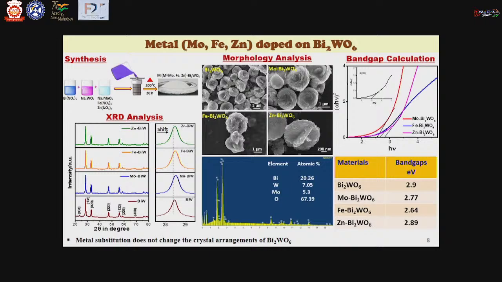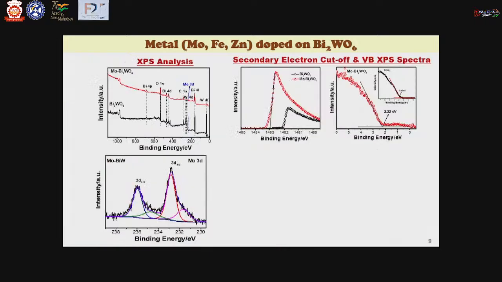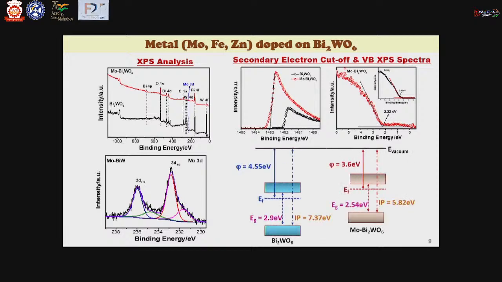We further confirmed the doping through XPS analysis, where we got the molybdenum characteristic peaks, and we confirmed that molybdenum remains in the 6+ state, that means molybdenum is partially doped at the tungsten site. Further, we calculated the secondary electron cutoff and valence band XPS, through which we drew the energy diagrams,